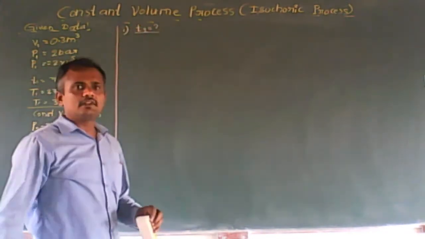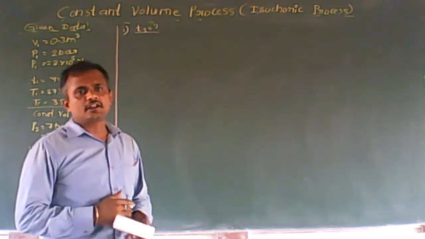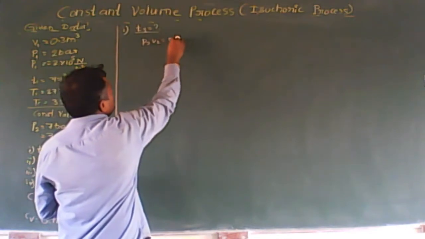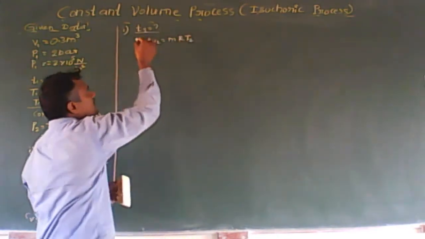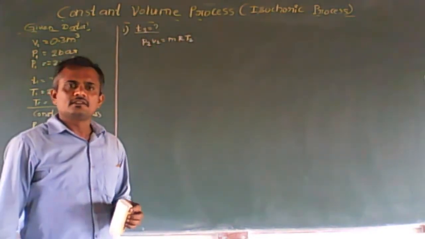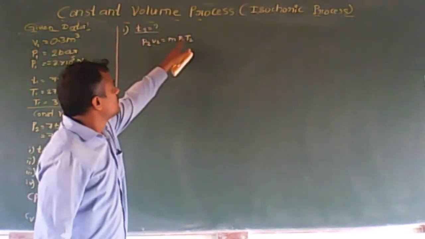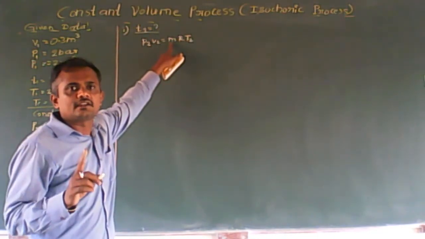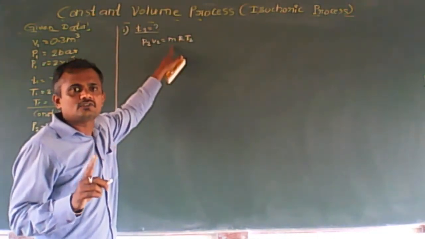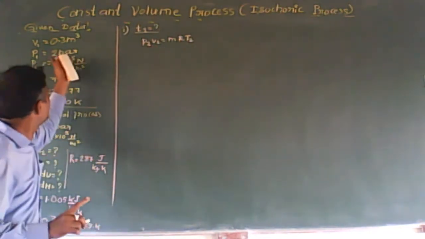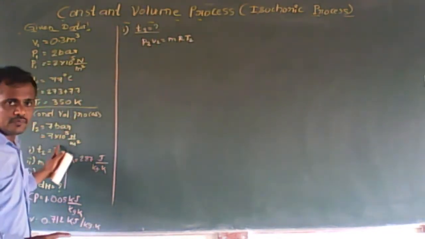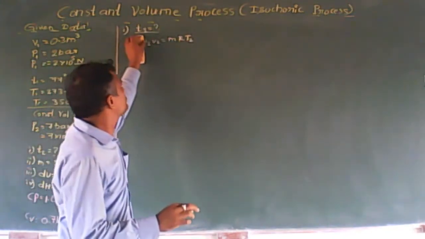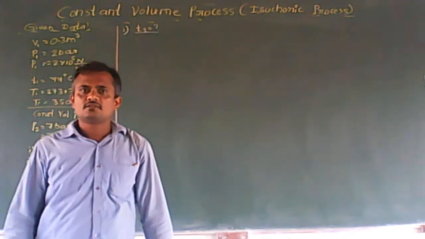So this T2 is available in different types of equations. As you know, first let me write P2 V2 is equal to mR into T2. Here also T2 is available. Do you know the value of R? Yes, you know. Do you know the value of m? It is an unknown thing. T2 is unknown, m is also unknown. V2 you know, V1 is equal to V2. And what about P2? P2 is also known to you. If there are two unknown things, then you cannot use this equation. You have to search for some other.